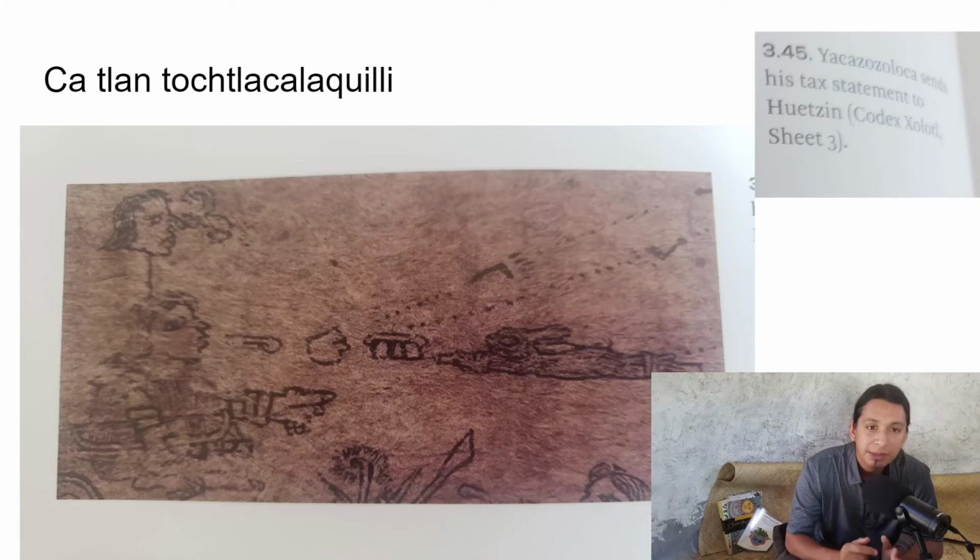And so here where someone is speaking and is saying Catlan toch tlacalaquili, which means the rabbit tribute is finished, is done, is over. This lord, his name is Yaka Sosoloka, he is sending his tax statements to Wetzin. And in this tax statement, he's saying that they're going to stop paying their tribute of bunnies, of rabbits, which is how they pay their taxes, by giving them rabbits. Of course, anytime someone opposed paying taxes, they would meet their end for rebelling, and so that's probably what happened